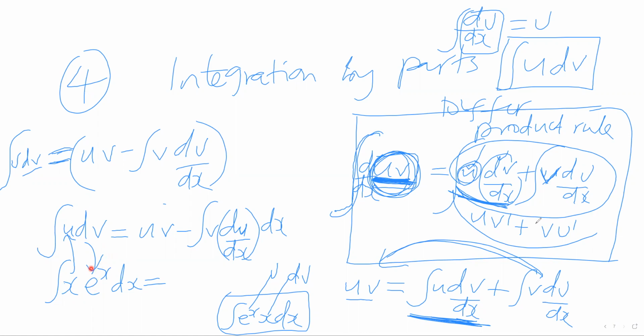Yes, there are such functions, but from the best point of view, you need to be very careful on choosing which one is your u and which one is your dv. You must choose a function which is easy to differentiate, and sometimes it should disappear the more you keep differentiating. dv should be a function which is easy to integrate, because remember you have dv